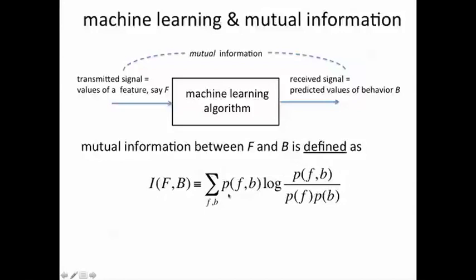And this sum is a double summation over all values of feature and all possible behaviors. So in our case it would be 4 values in the sum: feature present, absent, behavior, browser, buyer, and in each case you would compute the joint probability of a feature and a behavior multiplied by this ratio. Now, to understand this ratio better,